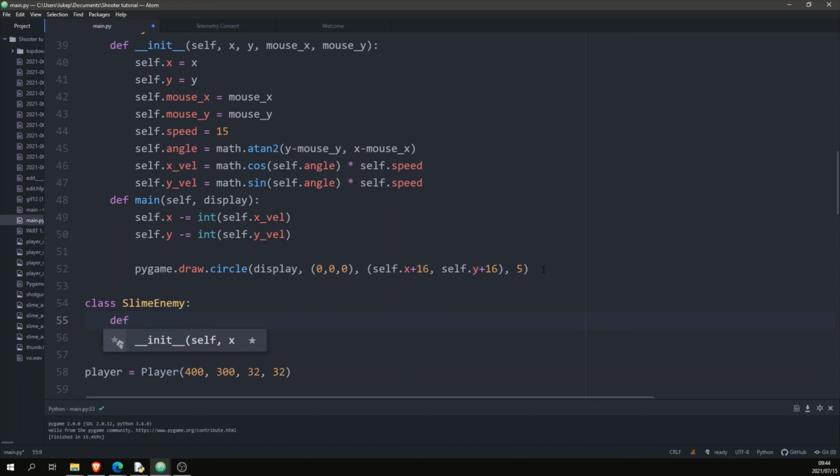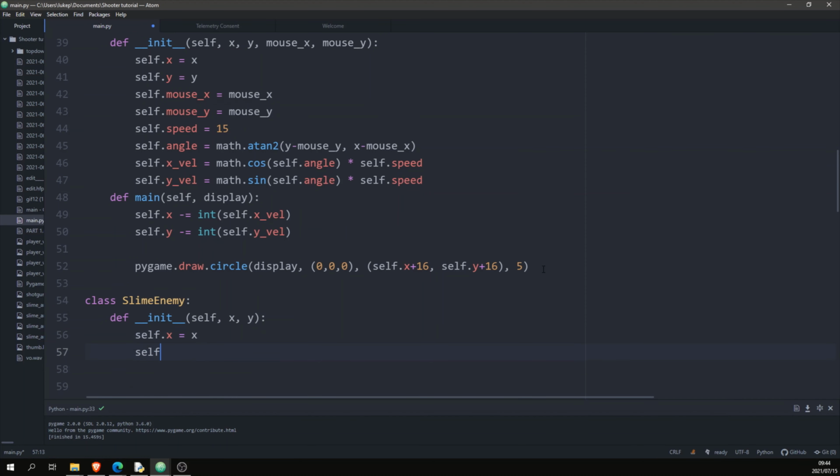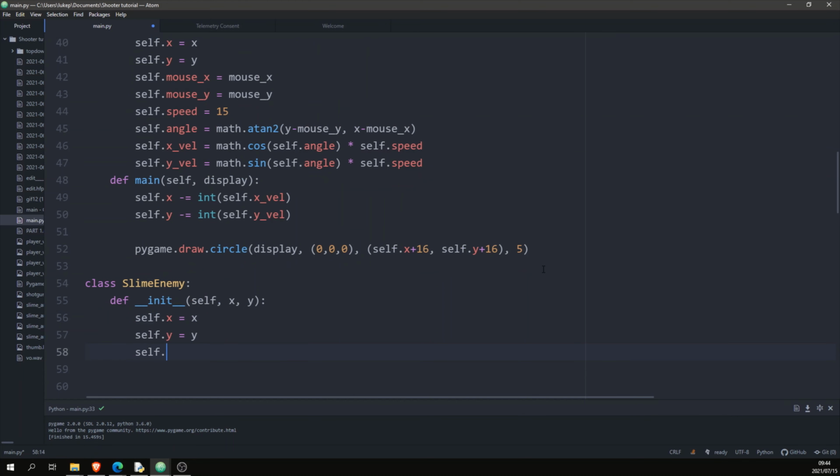And in our initiation function, we're going to pass in x and y. So you know the drill. Self.x is equal to x. Self.y is equal to y. Now self.animation_images, so these are the images we're going to use to animate the slime, is equal to